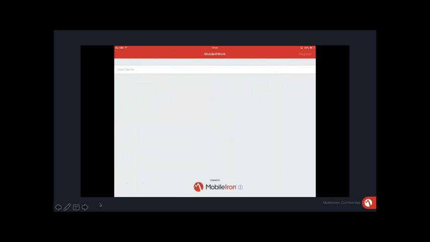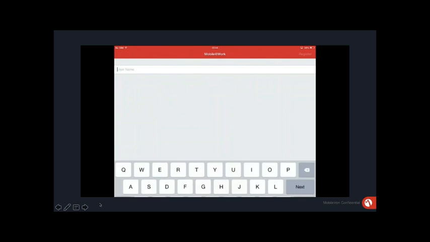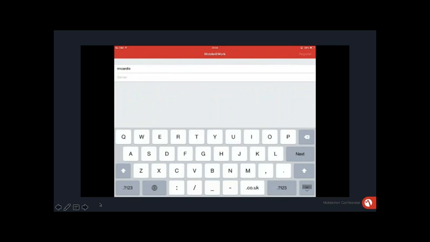So we're going to open up the client, and as you can see here, I'm being asked to enter my username as a starter. Those details I'll add in, and in this instance I'm also being asked to add details of the server that it's going to be connected to.